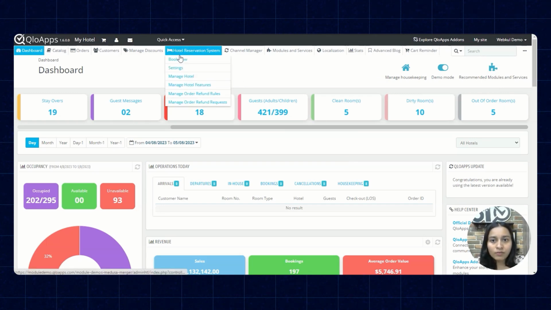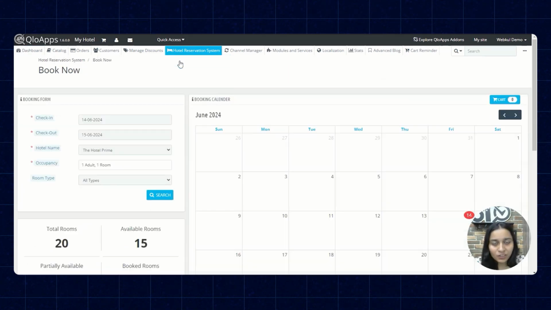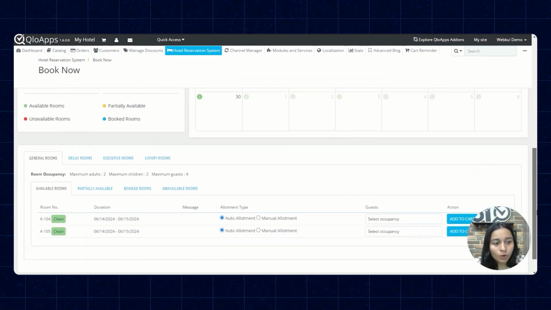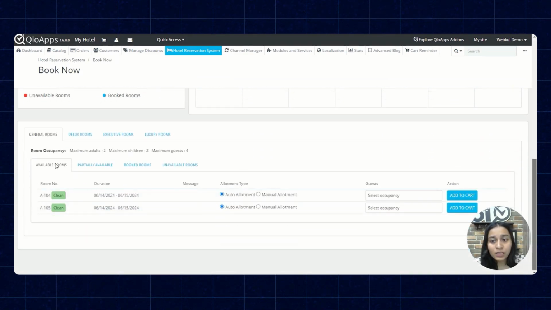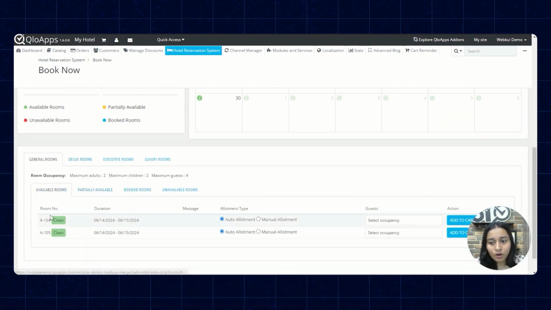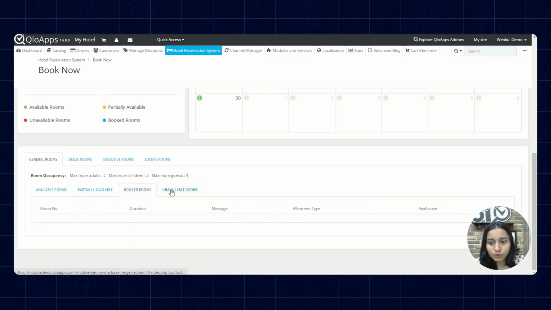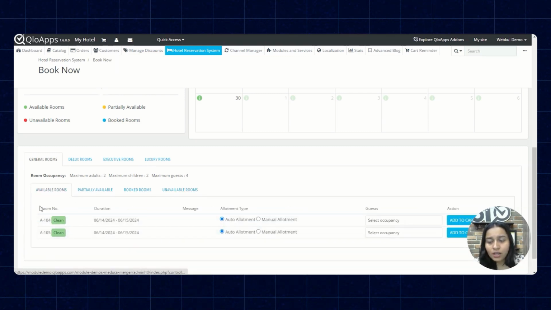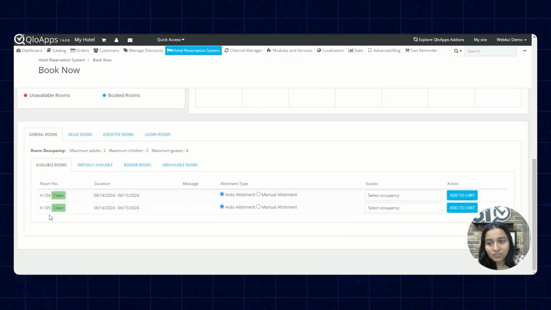We also have the Book Now section, from where you can create offline bookings for your guest, and when you hover down, you will be able to see the housekeeping status of all your available rooms, booked rooms as well as unavailable rooms. So from here you can manage your housekeeping statuses as well.